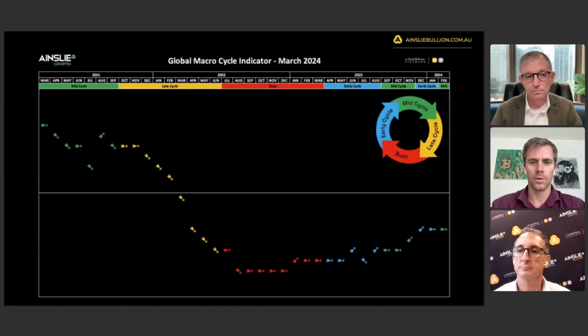Yeah, so we've got the four different cycles. You can think of them as seasons if you wish. We're currently, if you look all the way over to the right, we've actually dipped back into mid-cycle, which is where we expect growth to continue. Just referencing the bust and the late cycle, if you think back to late 2021 and early 2022, that's when asset prices were booming. And obviously everyone's going to remember late 2022, where the market basically bottomed. So ever since then, we've been transitioning out. That was the point of maximum gain for risk assets. That's not to say we're late at the moment, but we're definitely starting to move into a point where the gains are going to be a little bit less than they were, whereas if you'd gotten in the bust